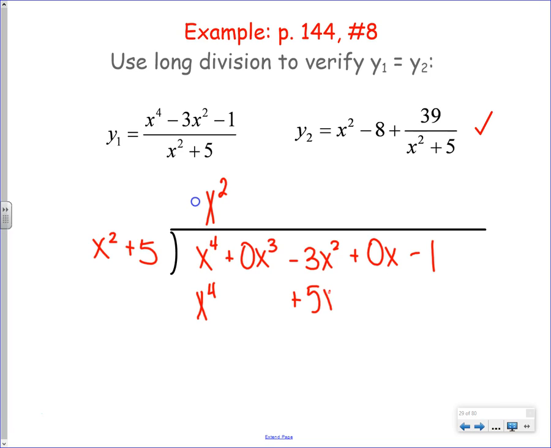Now question, why am I writing down 2 things though? I have to distribute, right? So x squared times x squared is x to the 4th, 5x squared. I line them up because I need my terms to be like. But in division, how do we go down? Subtract. Here's where you might kill seals. Don't do it. Not only do you have to distribute,